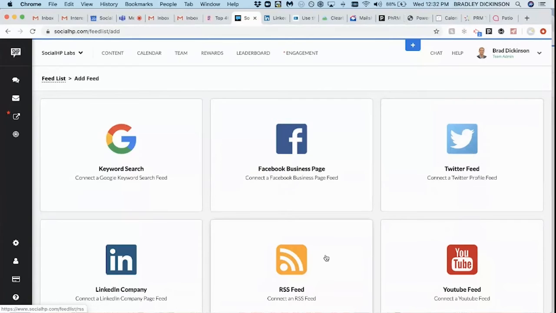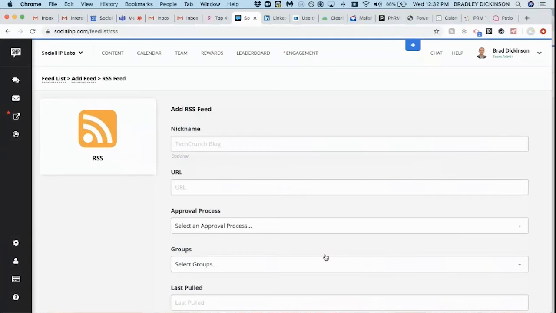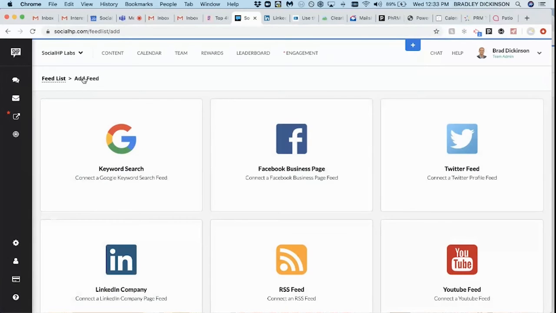Beyond that, RSS feeds, any RSS feed that you guys have, obviously the content that you are creating within your organization in Adobe Creative Design or any sort of creative studio, or your blog content, your newsletter content, anything like that, get the RSS feed from that stuff, pop it in here. Really easy to get all of your first party content into the system, and even second party content, which would